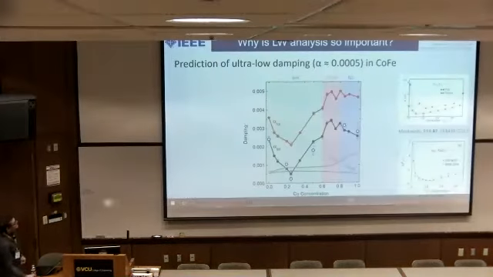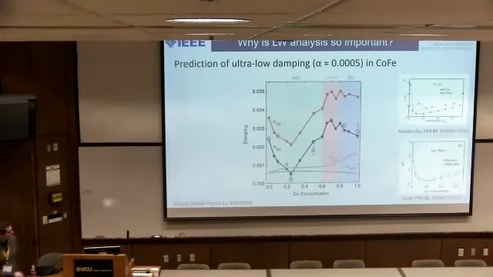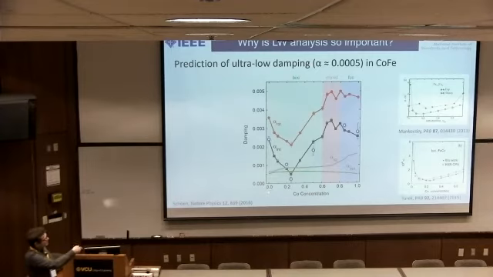My background, okay. So let's just take cobalt iron, for example, right? So we're going from pure iron to pure cobalt, and we can see that the damping parameter changes as a function of composition. So again, that's material dependent. The slide I skipped over,